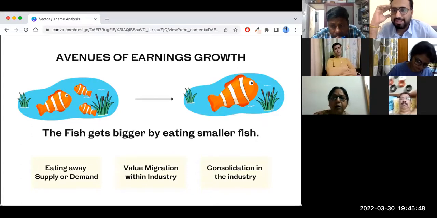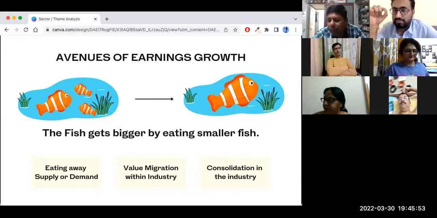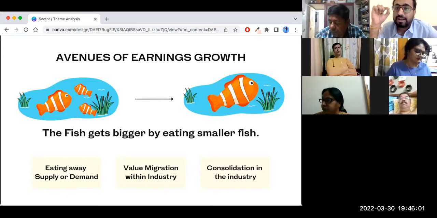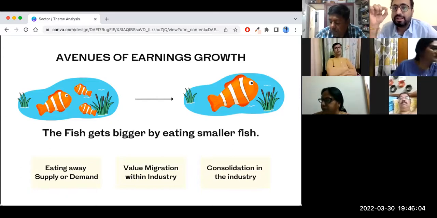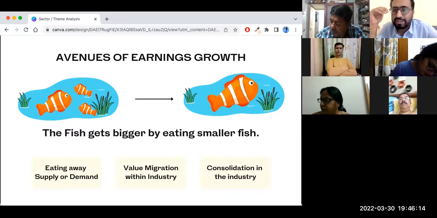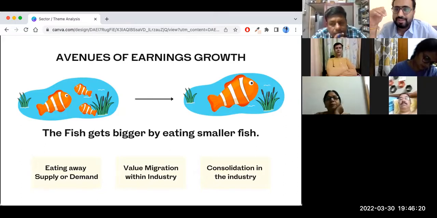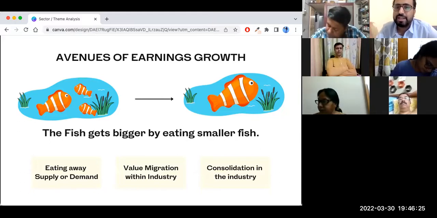So Fevicol or Pidilite, in the last 10 years, they are known to provide training to almost 50,000 to 1 lakh carpenters every year. They provide free training to upskill all these carpenters every year. Why do they do that? Because carpenters are the ones who actually drive the demand for Fevicol. So they create a very strong brand presence among carpenters because of the free upskilling training that they provide to them.